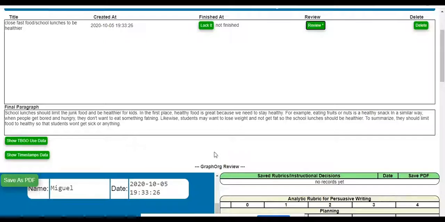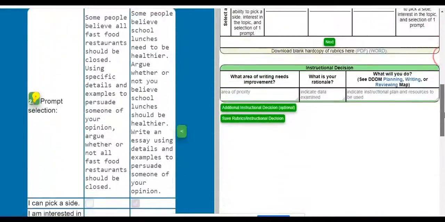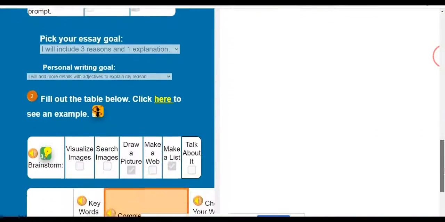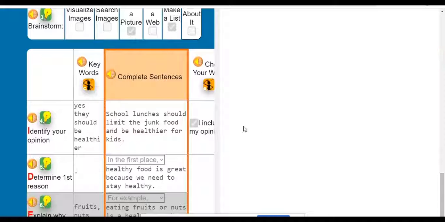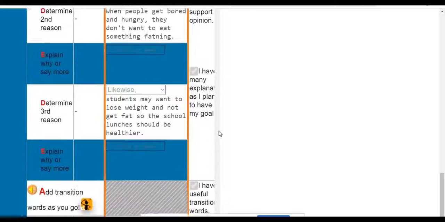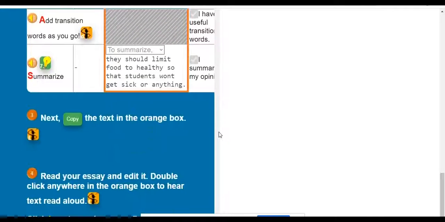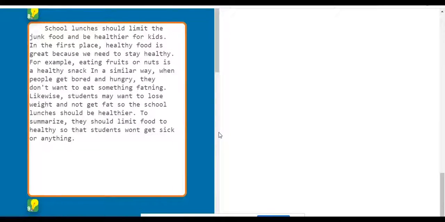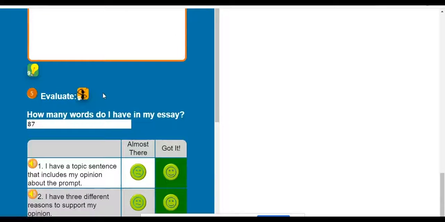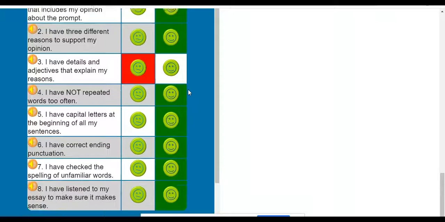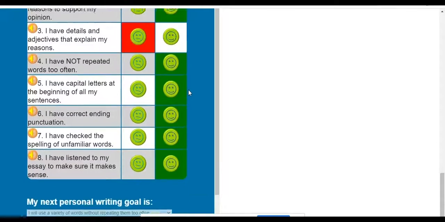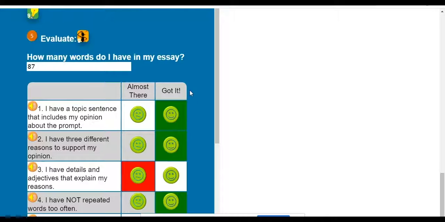To the left will be his technology-based graphic organizer that he completed. Remember to scroll through the entire student essay like so, to check and scan to see what parts of the TBGO have been completed or not, and to see how far the student was able to get in the development of the essay. For example, did they evaluate their essay? I scroll to the bottom of the TBGO, and it looks like Miguel did complete the evaluation section of the